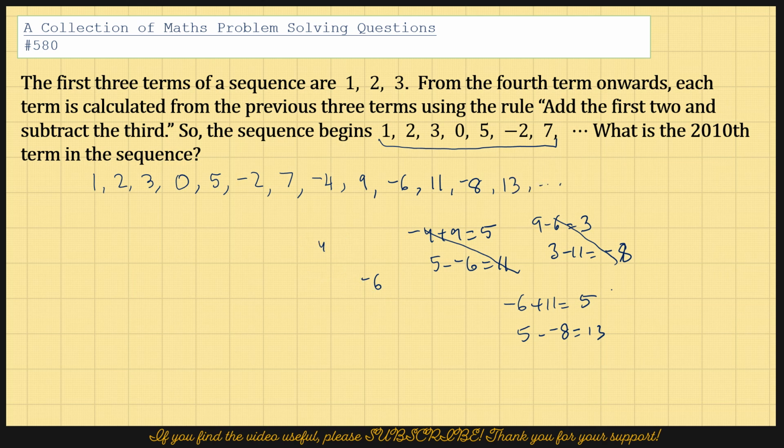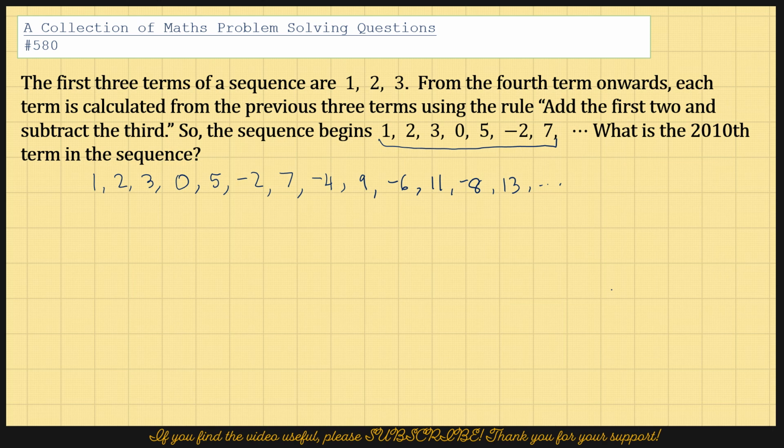So what we see here is there are several sequences within the main sequence of numbers. What are these sequences? I think it's easy to spot. You can start with 1. The first term is 1, the third term is 3, the fifth term is 5, the seventh term is 7, the ninth term is 9, the 11th term is 11, the 13th term is 13. And the next sequence is